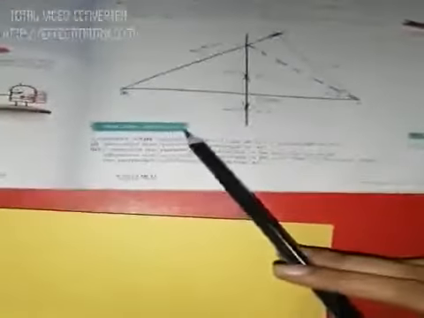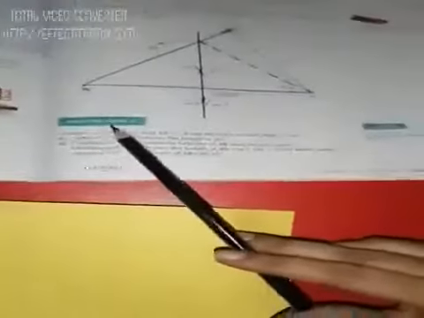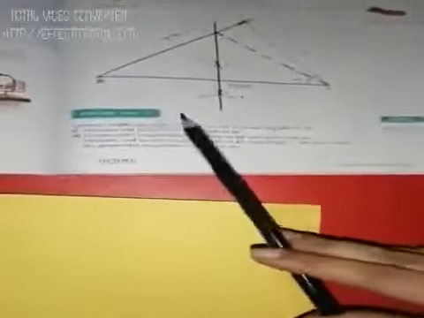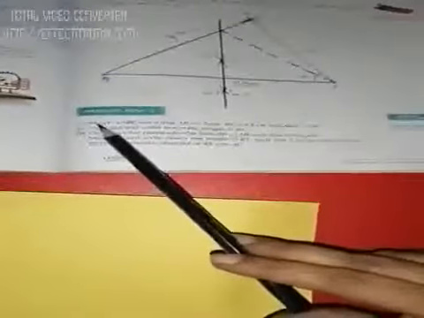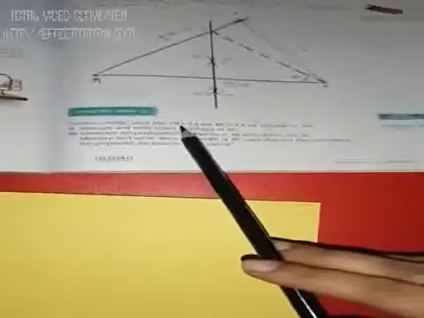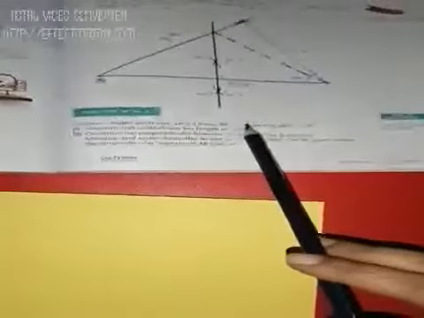Understand everyone? Yes students, see page number 302 where you are given the question of practice now 3. The practice now 3 question is the same as worked example 3, which we have done right now in the book. The first case: construct triangle ABC such that AB is equal to this, BC is equal to this, and angle ABC is equal to 130 degrees. Dear students, our first step is to construct triangle ABC of the first case, where we are given just two sides and an angle.